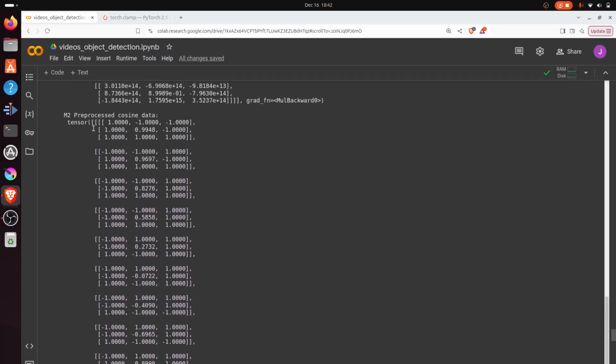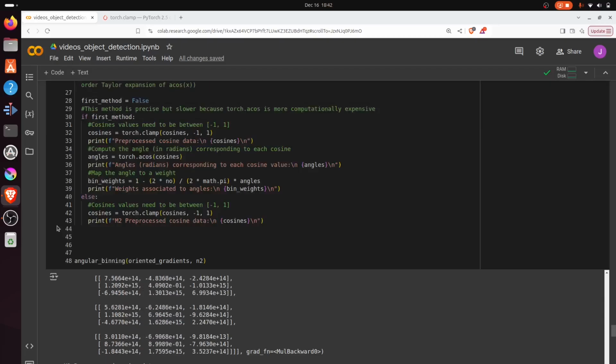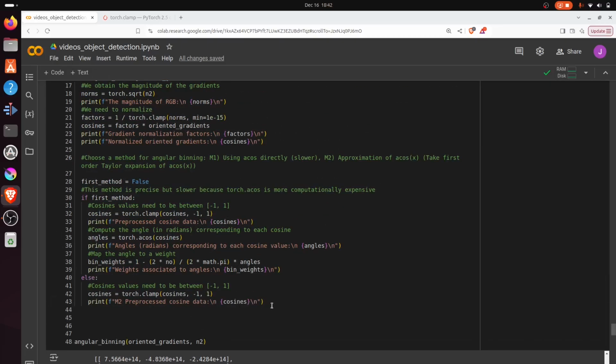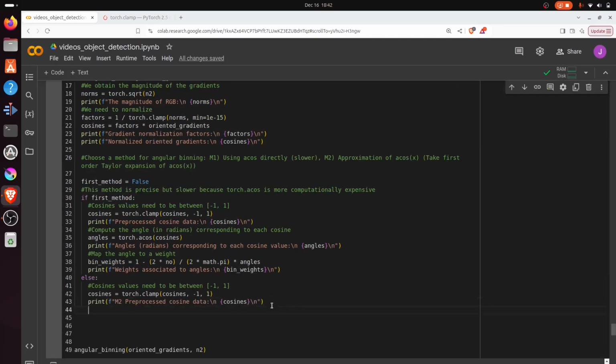Yeah, so you see perfectly, we obtained the clamped cosine values. Great. So what is next? Well, again, we follow the same idea. We need to extract the angles, but now we are going to use the approximation. Okay, so the approximation is if you perform the Taylor expansion,